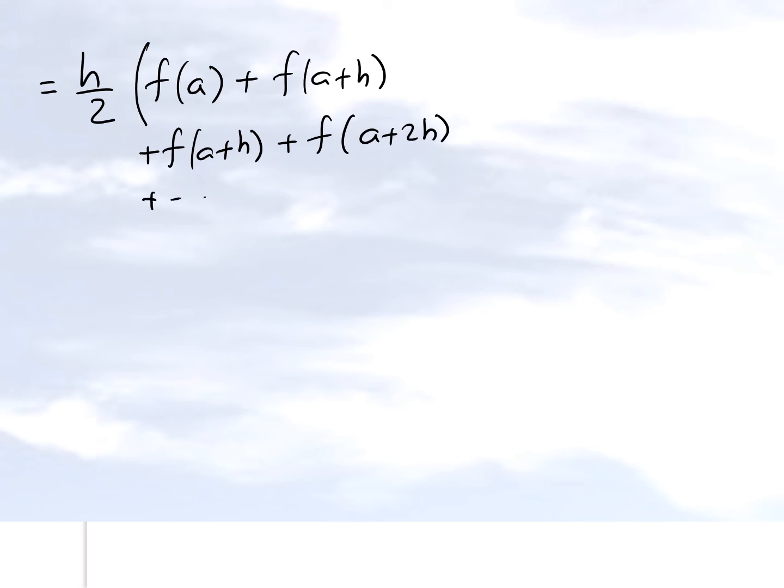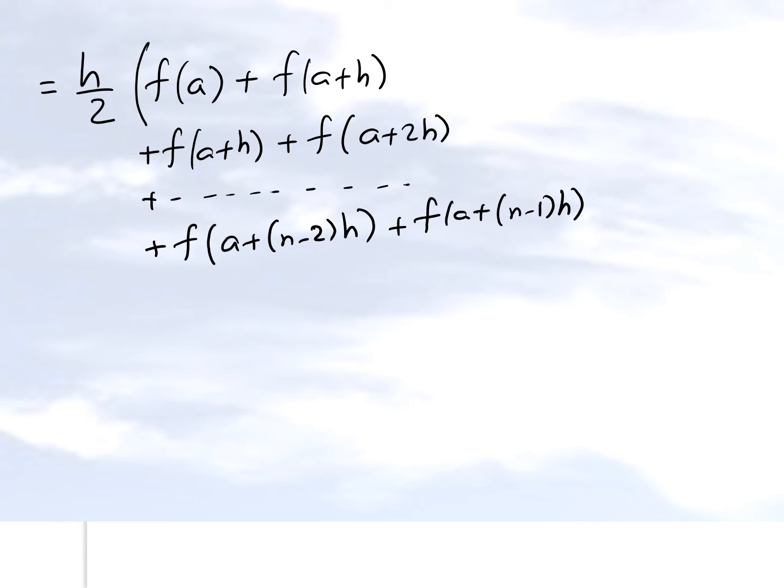Then of course we'll have other terms in the summation, and the second last integral will give us something like this. And the last integral will give us the two function values at these points. So what you're going to see now is that these are the function values which you have to calculate. But let's see whether we can make it a little bit more compact.